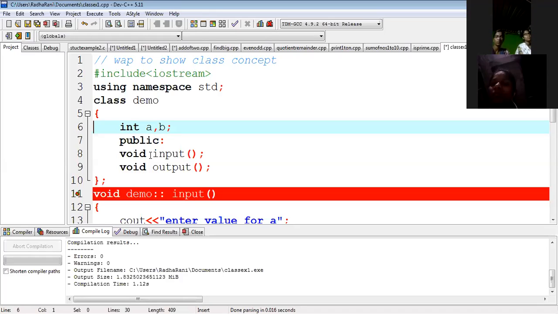What is the data type of that? Private? No, I am not asking about the access specifier, I'm asking the data type.